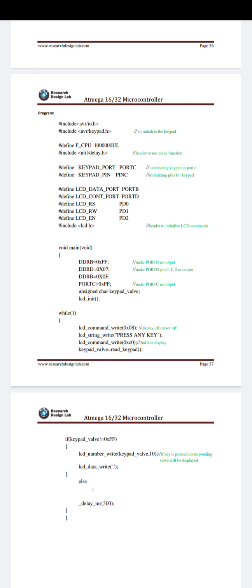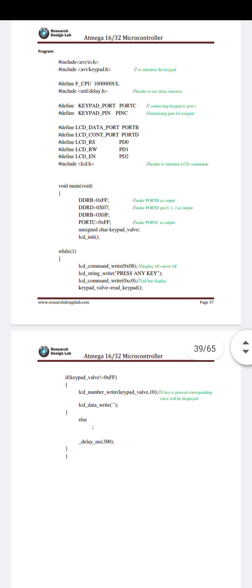DDRC is equal to 0x0F, then port C is equal to 0xFF. Then the unsigned character keypad, that is the LCD integers, while in brackets.